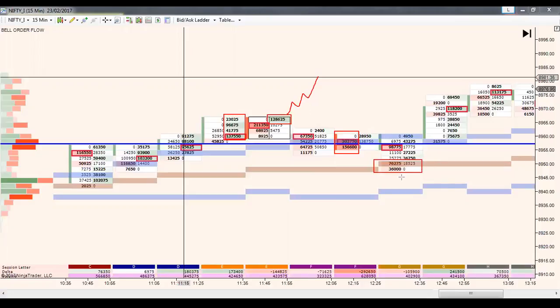This VWAP was tested here, but that's not very important. What was important was this particular price level, this one. This was the high volume node for the earlier development, the initial value which was being formed during the initial balance, and that particular high volume node could not be taken out by the market after this particular rejection happened. So